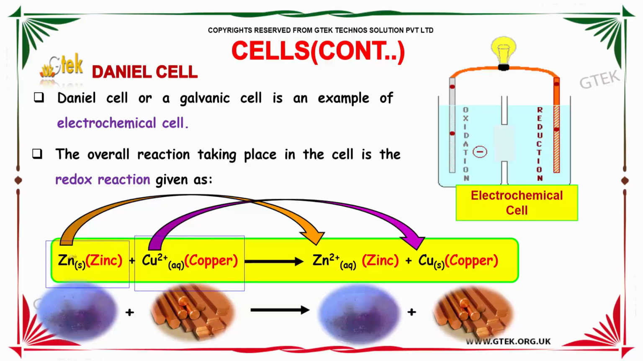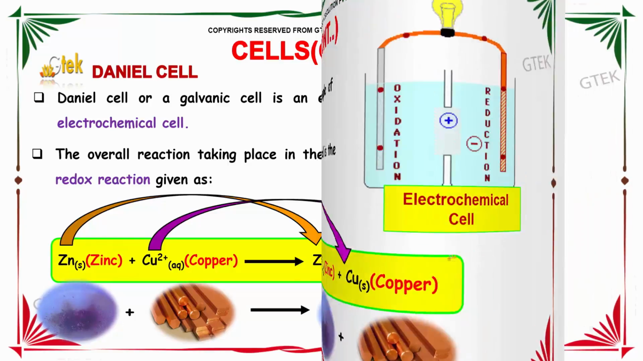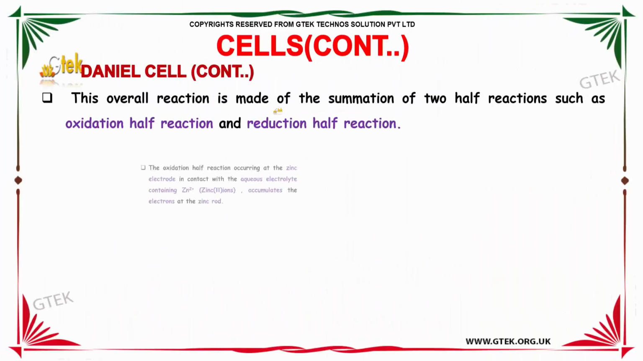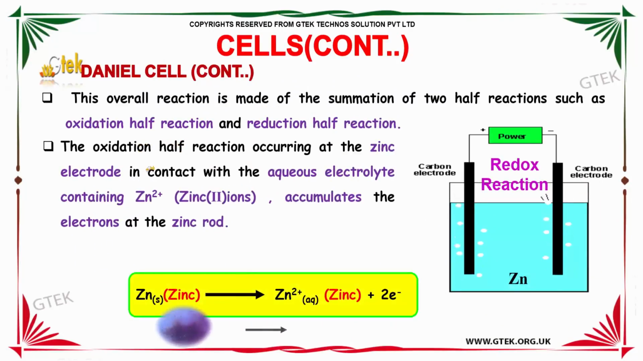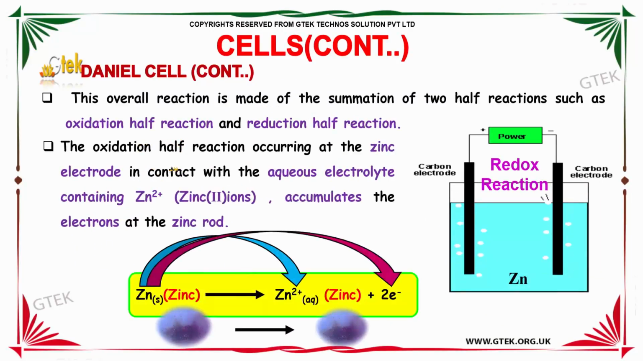This is in solid form and this is in aqueous form. That gives zinc ion plus copper metal. This overall reaction is made of the summation of two half cell reactions, such as the oxidation half reaction and the reduction